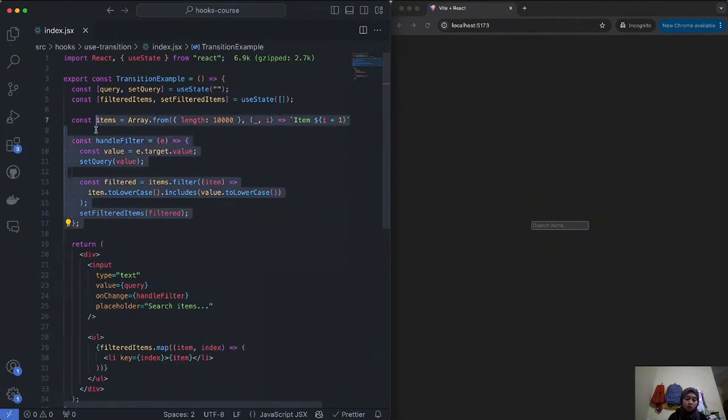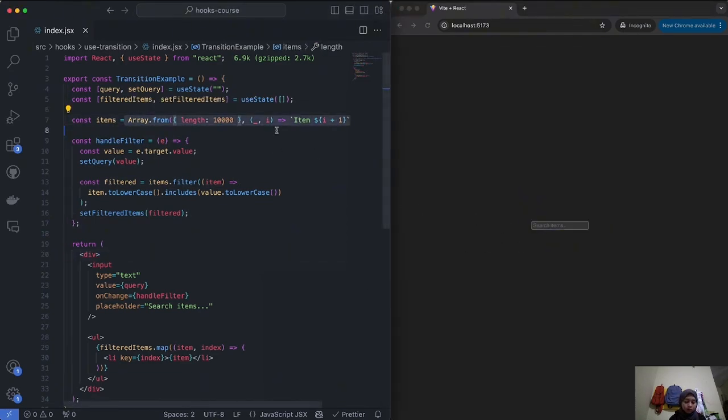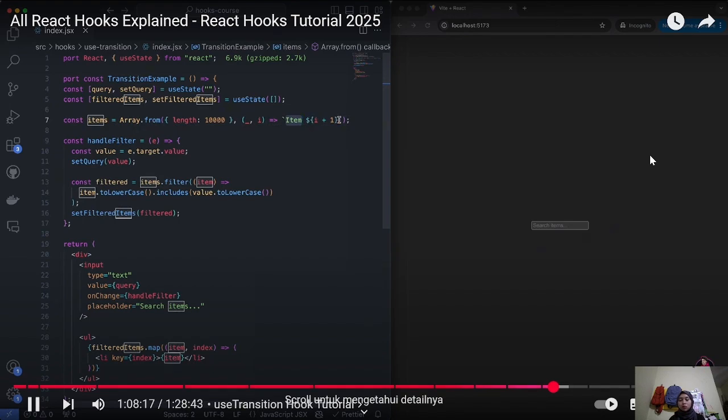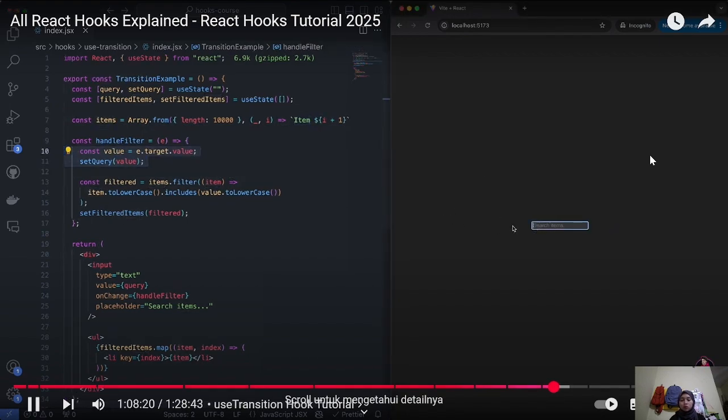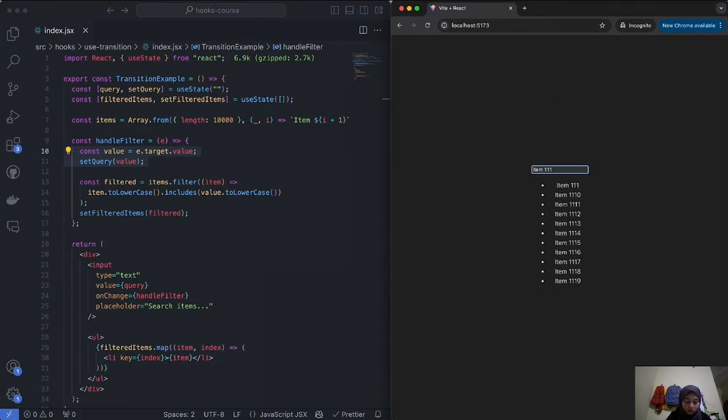So you notice here, what this component is basically, we have an input which searches and filters through a list that we generate automatically over here. This list has 10,000 items, and all of the items in the list are basically just the word item and then the number of the item. So as we type, we're able to filter for the specific items that we're writing, right? So for example, if I put one over here, there's only one item with this